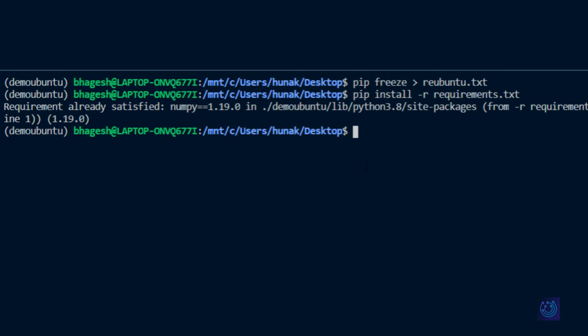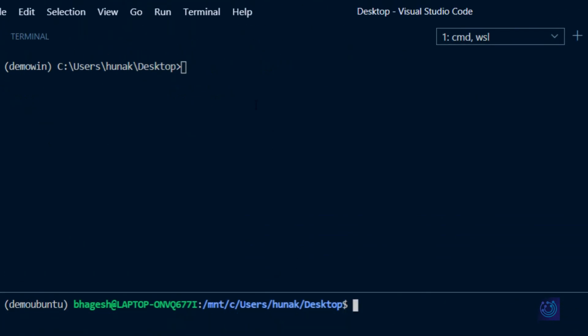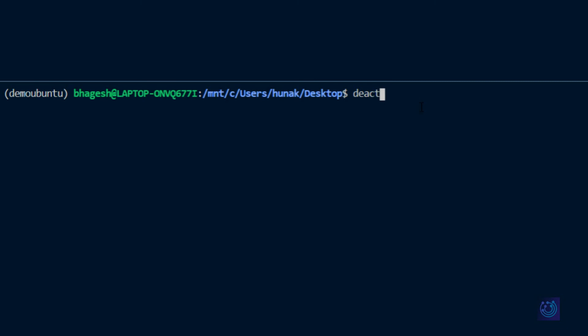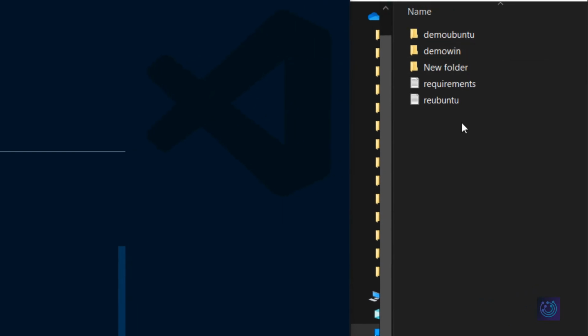system using a .txt file. So the next thing which we are going to learn is how to deactivate the virtual environment. The way to do it is just type in deactivate and hit enter. If you see, the name within brackets has disappeared, which signifies that the environment has been deactivated. We'll have to do the same for Ubuntu as well. Once you deactivate, the environment has been deactivated, but it has not been deleted from the system. If you see on the right hand side, all the folders and files which were created when we created the virtual environment are still intact.